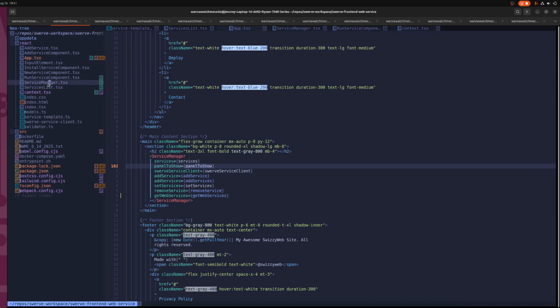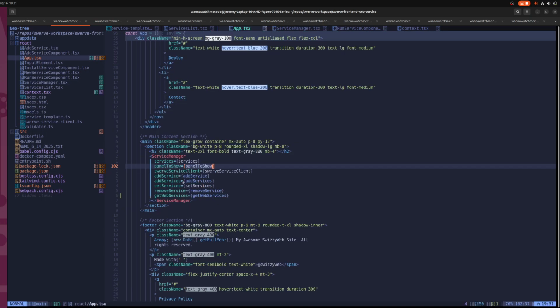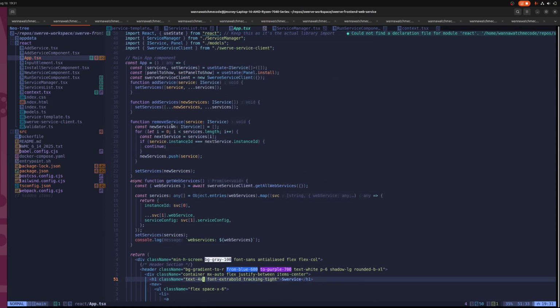Service manager. Oh, so in app, it gets passed in there. So add service, set service, remove service. Remove service: for i equals 0, i less than services length, if services at i instance ID equals